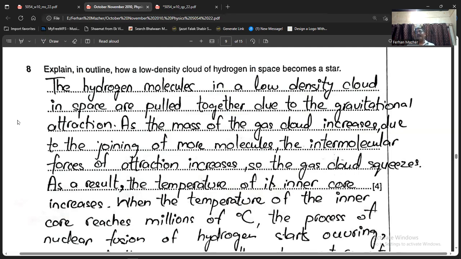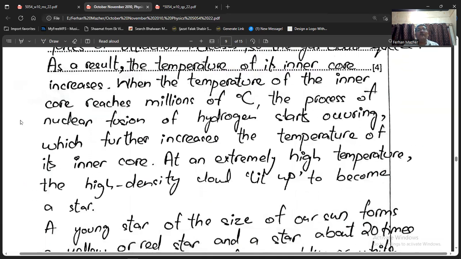So here we have the answer written: the hydrogen molecules in a low density cloud in space are pulled together due to the gravitational attraction. As the mass of the gas cloud increases due to the joining of more molecules, the forces of attraction increase. So the gas cloud squeezes. As a result, the temperature of its inner core increases. When the temperature of the inner core reaches millions of degrees centigrade, the process of nuclear fusion of hydrogen starts occurring, which further increases the temperature of the inner